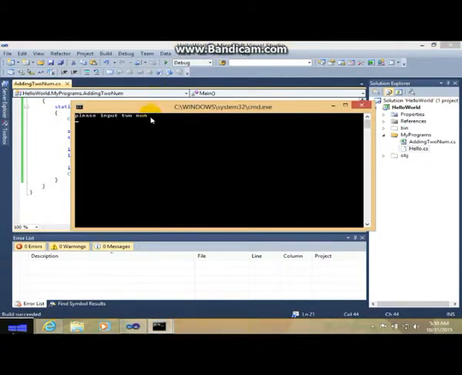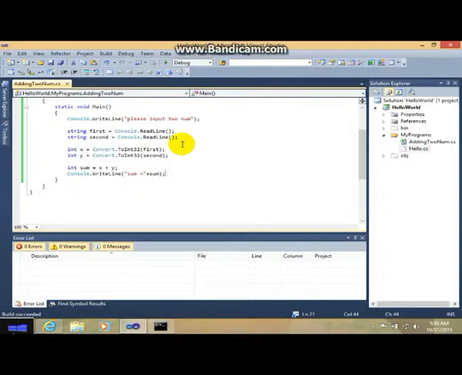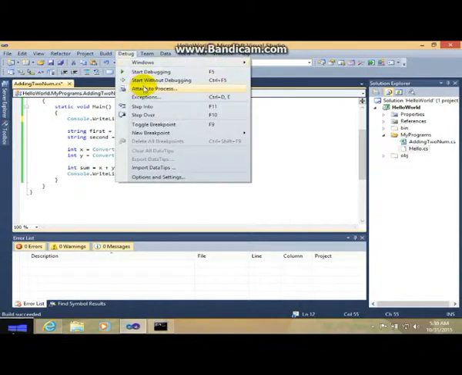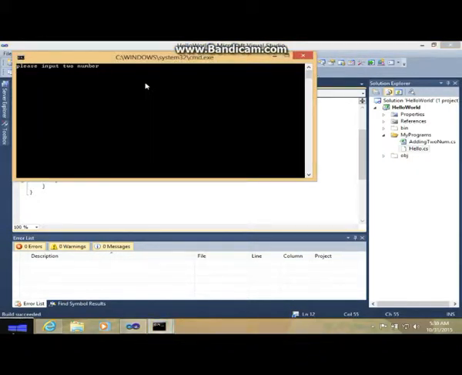Please input two numbers. I made a mistake on this num, so we will change this. Sorry for that. I forgot to type number. So start without debugging. Please input. As you can see, this requests the user to input two numbers.